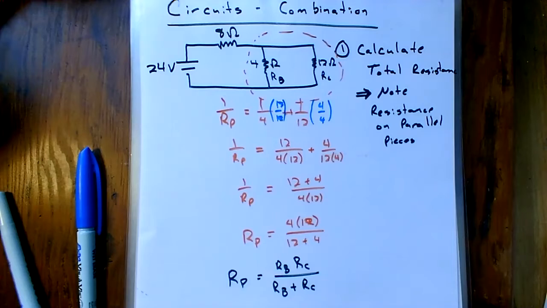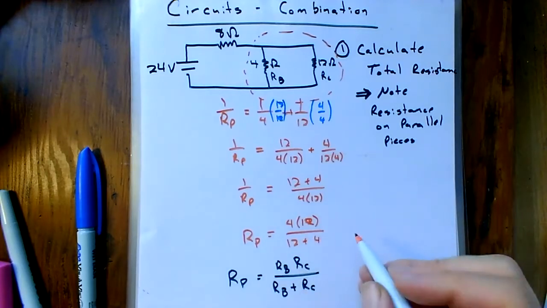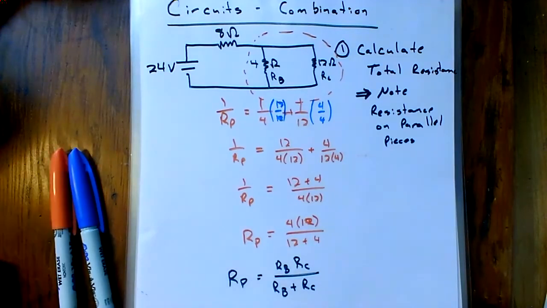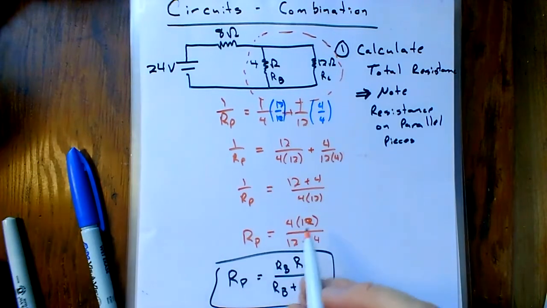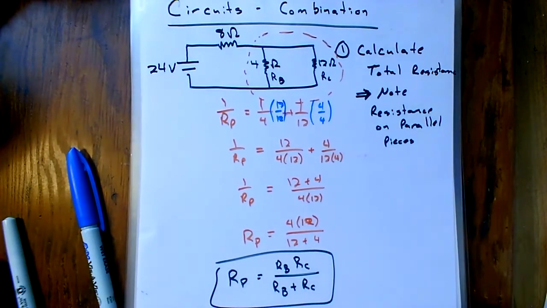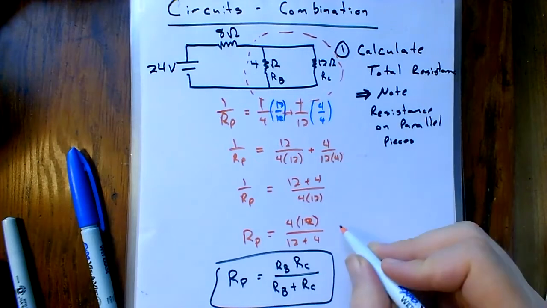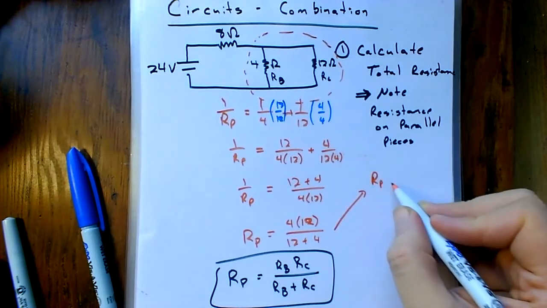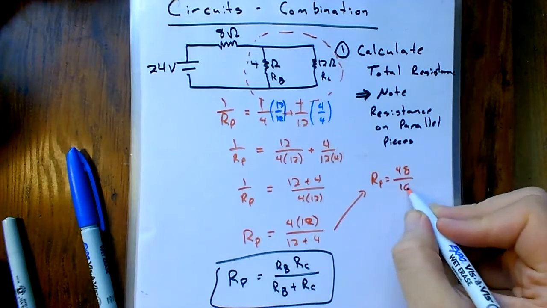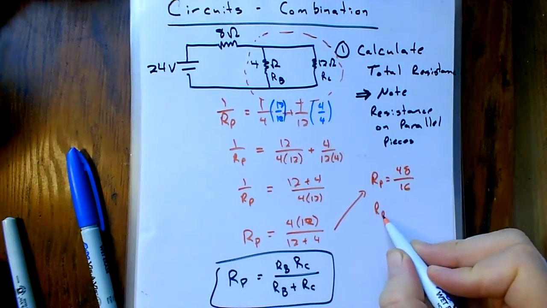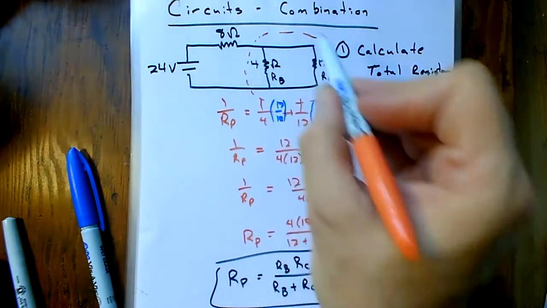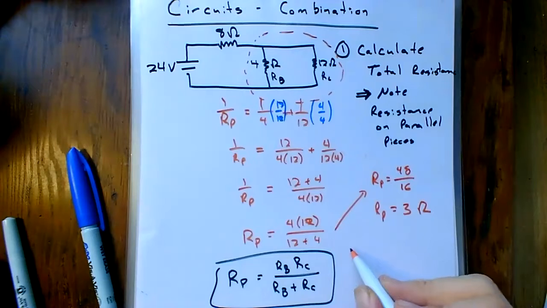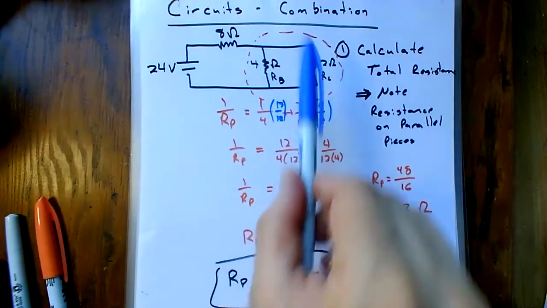Let's continue on with calculating our total resistance for this. This parallel resistance would be 4 times 12, which is 48, over 16. So my parallel resistance is 48 over 16, which is in fact equal to 3, and this is 3 ohms. So my effective resistance for this piece is 3 ohms, and that means that my total resistance on the entire circuit